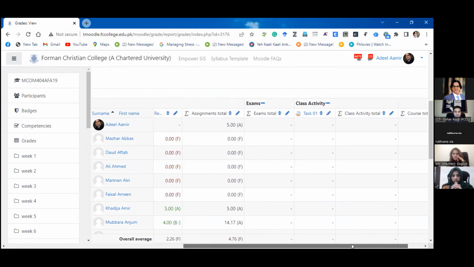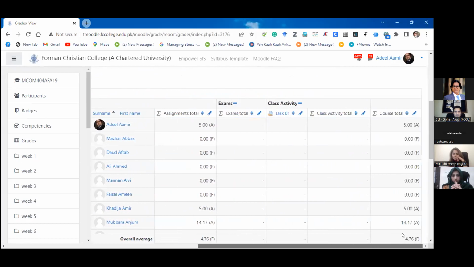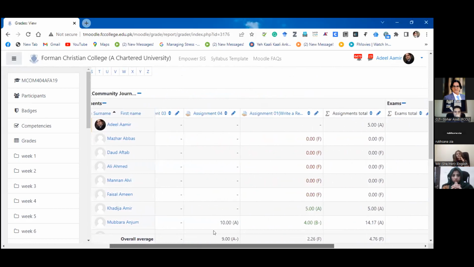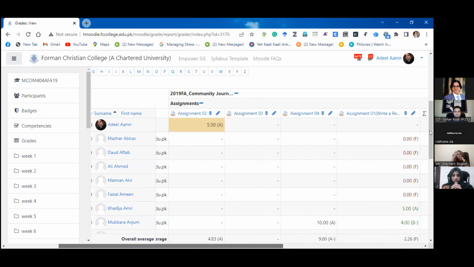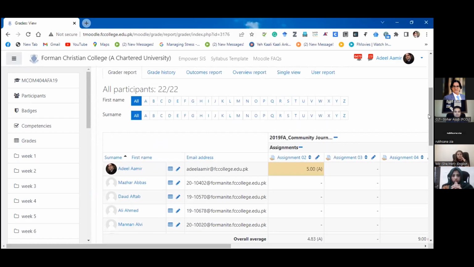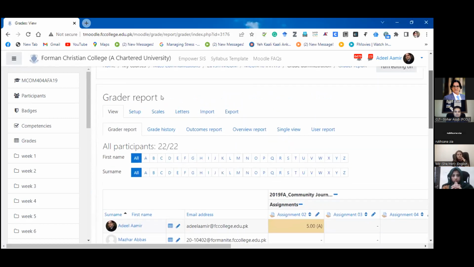There is a student, Mazhar Abbas, he has this F. There is a student, Mubara Anjum, she has an A. So how does this all happen? This is an overview of your gradebook, and you can see it in your grader report. So your task starts when you go to the setup, how you set up